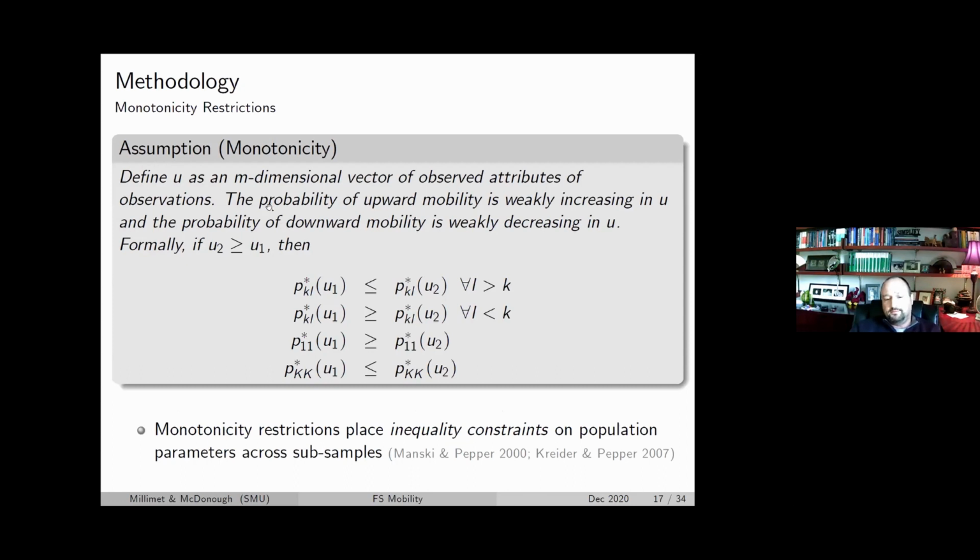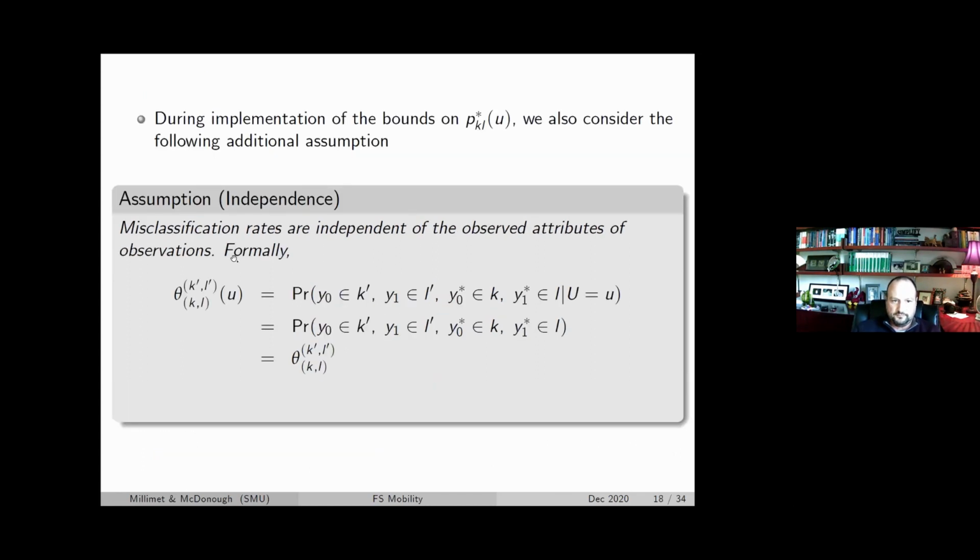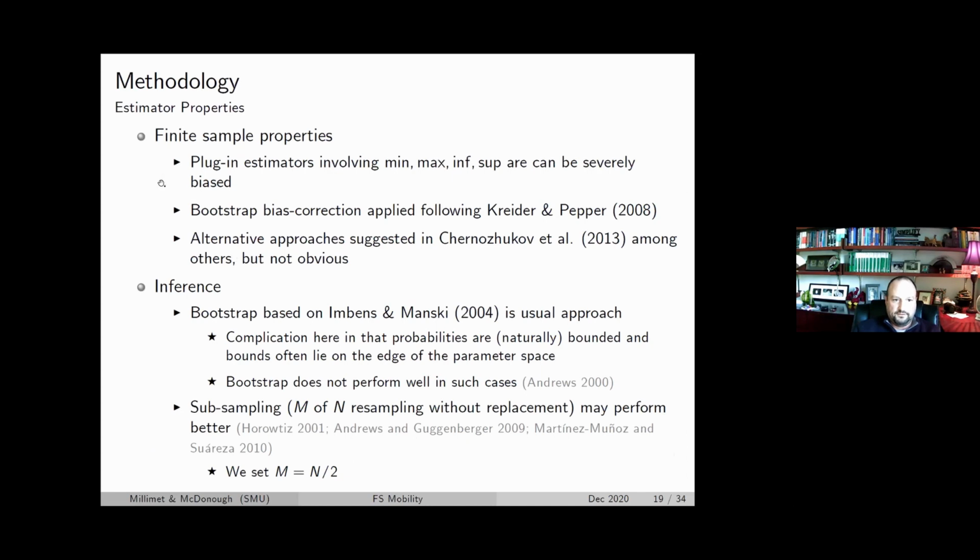All right, so anyway, the monotone IV assumption is just an assumption that the P stars are weakly increasing in some covariate. We're going to use the household income of the parents' generation. It's an assumption that says if you come from a richer household versus a poorer household, then you're more likely to move up and be food secure. So it imposes these inequality constraints on the true P stars, and that can further tighten the bounds. I'll skip that for right now.